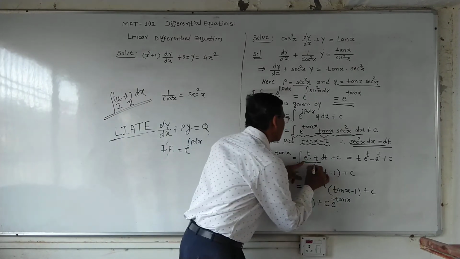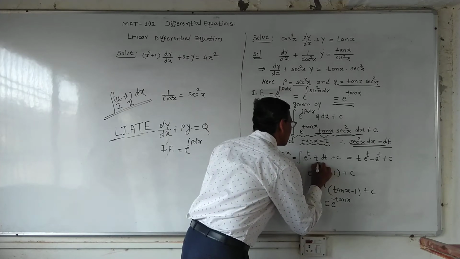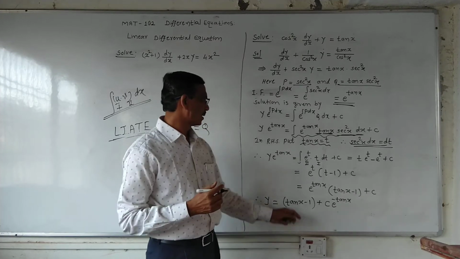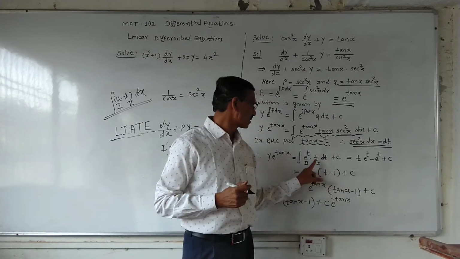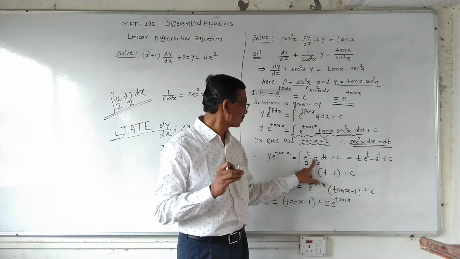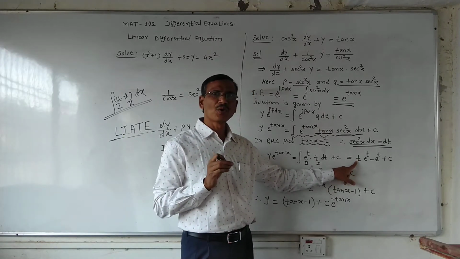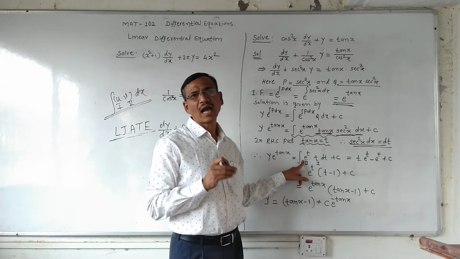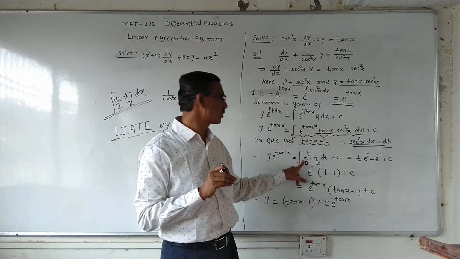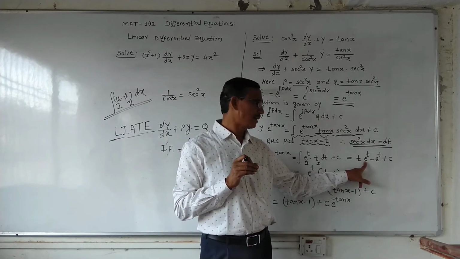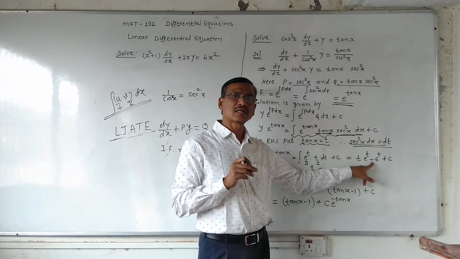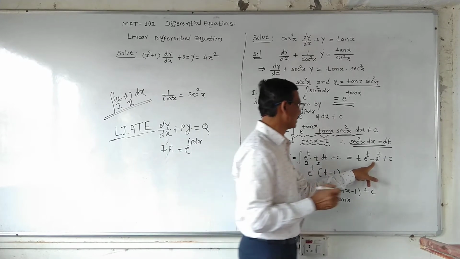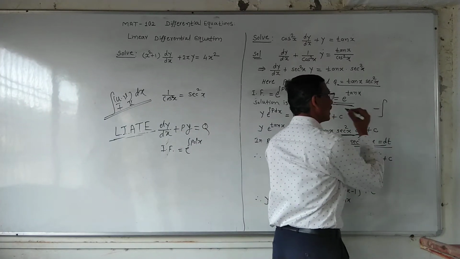e raised to t as a second function, and then integration of this. Formula is: first function, t, into integration of second function, that means integration of e raised to t. And we know that integration of e raised to t is e raised to t, minus integration of